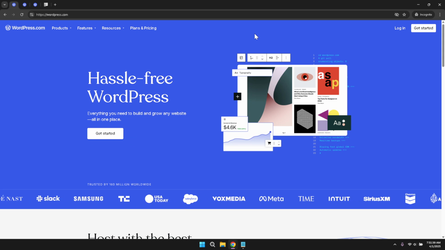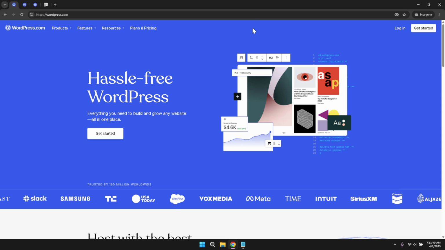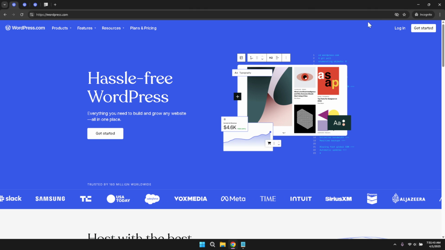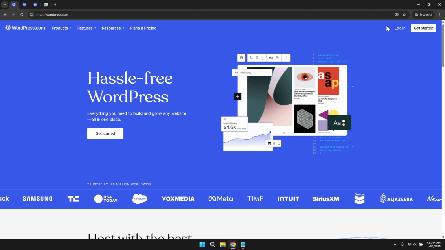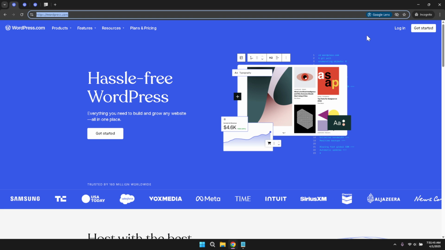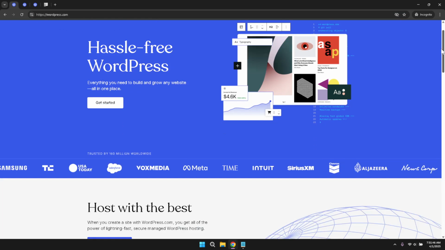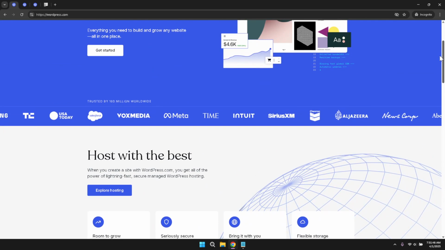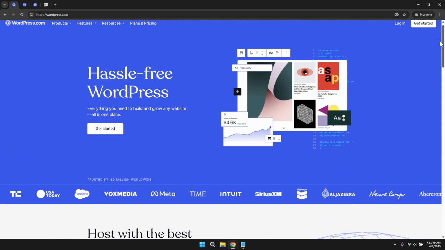clutter-free. To begin, open your web browser and go to the WordPress website. As you load the page, take a moment to appreciate the simplicity and user-friendly design that WordPress offers. This initial step is essential because it provides access to all the administrative tools that you will need to manage your site. WordPress is known for its clean layout and intuitive interface, making it easy even for beginners to navigate